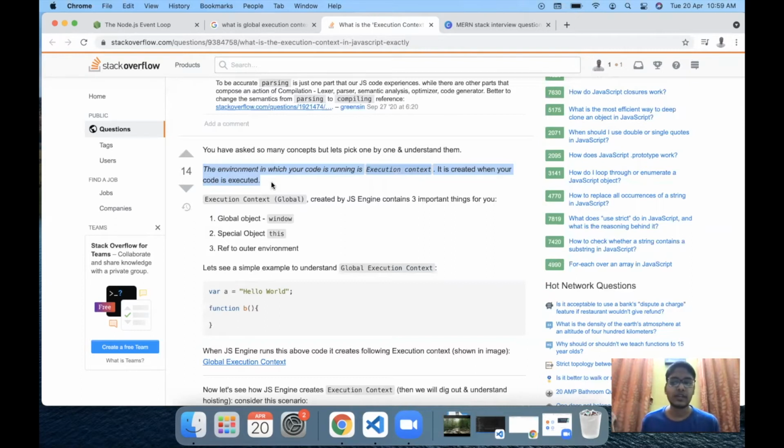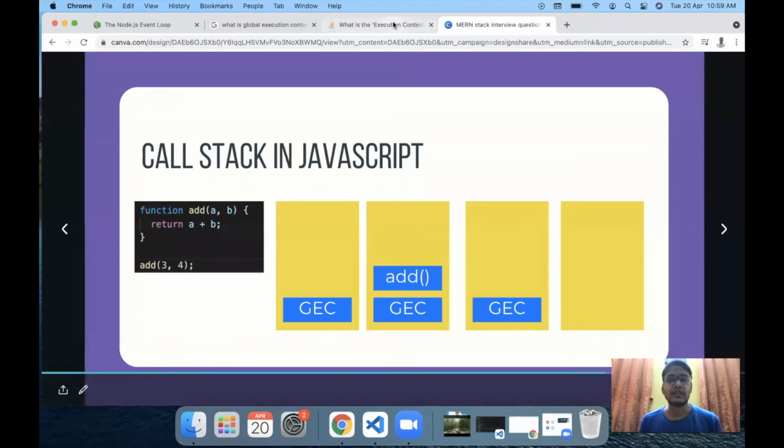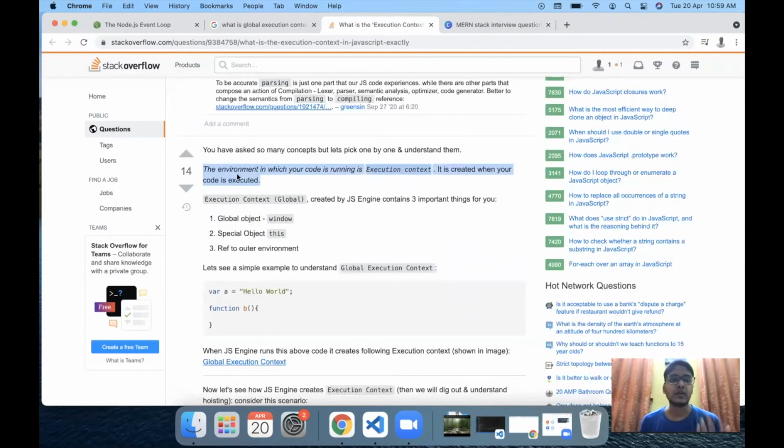So let's say when you are trying to execute code like the one we just mentioned here, we run that code in an execution context, which is basically an environment. And the execution context can be of three types. The one which we are typically trying to run is called the global execution context. So global execution context is basically the execution context within which all the code that you try to run is added. Now, the object that is exposed is the window object.